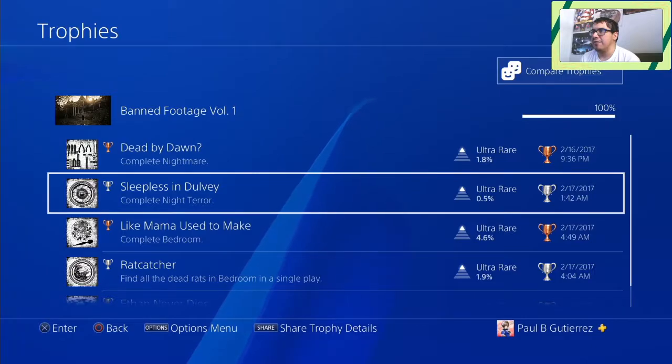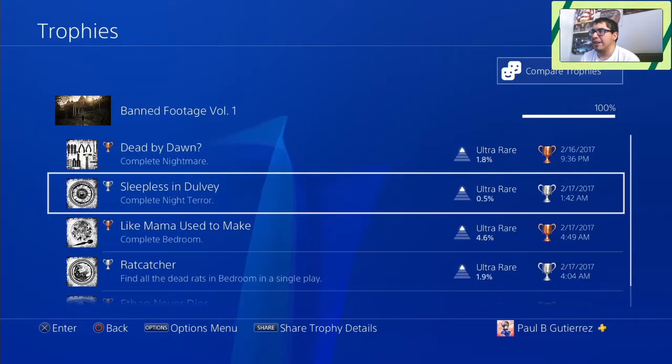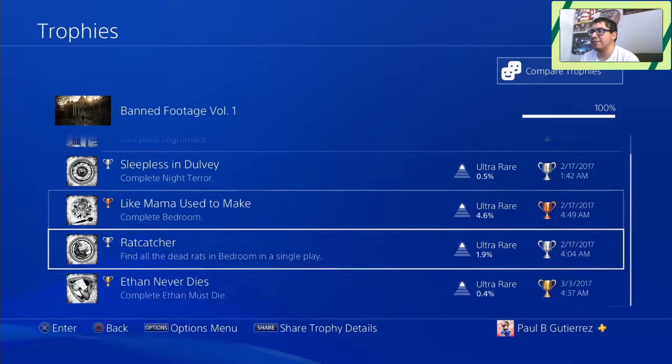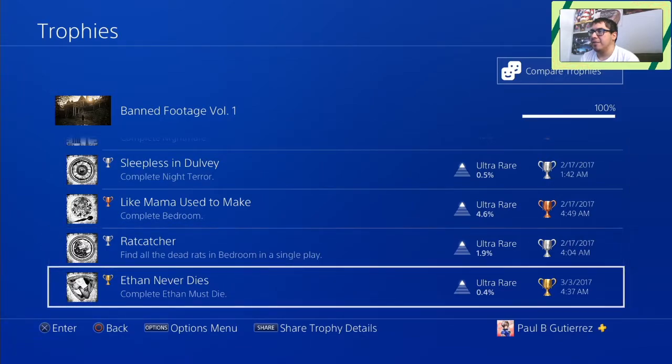Night Terror, Bedroom. Well, essentially with Night Terror, Nightmare and Night Terror, it's basically the closest thing you get to Mercenaries. It's kind of a survival mode on its own, but it only lasts for like 5 rounds though. I remember Ethan Never Dies, where you had to complete Ethan Must Die mode, which required you to...